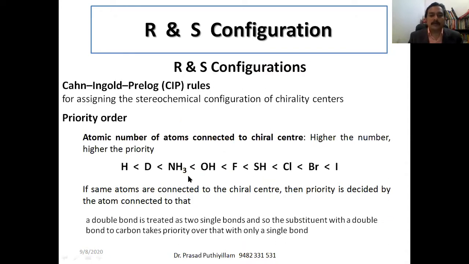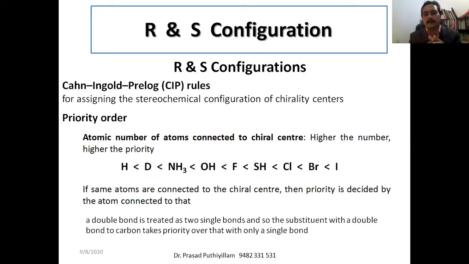Okay, so third point: if the atoms connected to the chiral center are carbon only, two carbons are there, whereas one carbon is having a single bond and the other carbon is having a double bond or triple bond, then how to give the priority order? Almost the same structure, but one carbon atom has a double bond, the other has a single bond. So if a double bond is there, that is treated as two single bonds. If a triple bond is there, that is considered as three single bonds, and the atom connected to that we have to count twice.